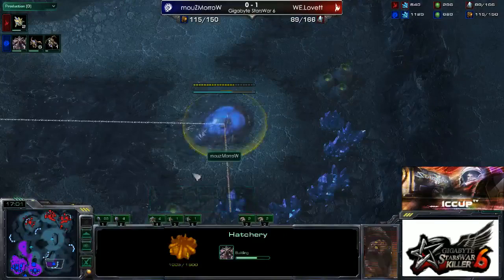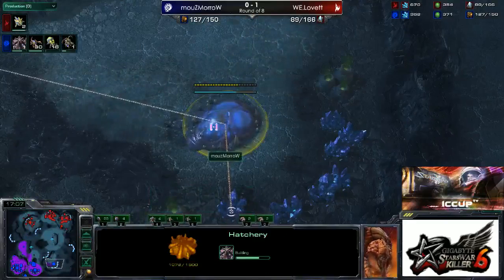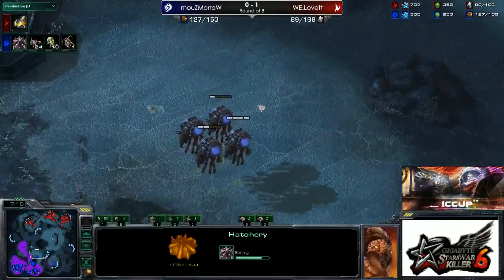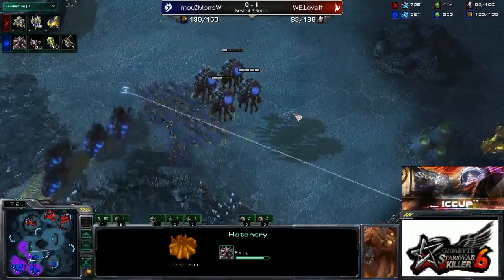Okay, so now he's going to try and get the third base up again. This isn't the third time, so maybe 4th time's the charm for Morrow. You know, he's never giving up, never surrendering. He's still got a good number of Banelings. He's making good use of that drop upgrade and the fungal growth in combination with those Baneling bombs, trying to